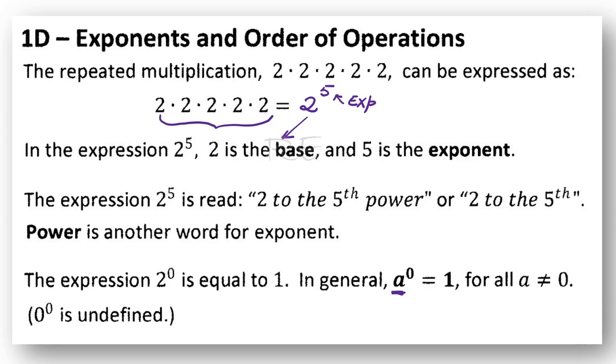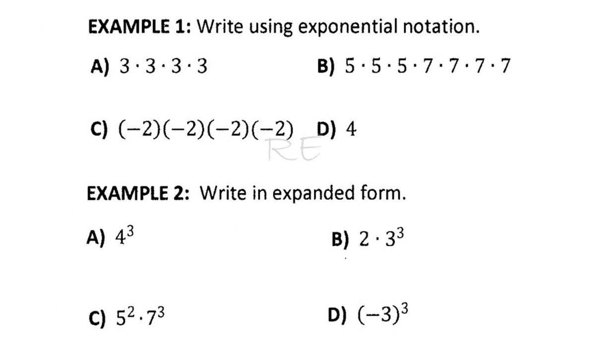Now, a to the 0 is equal to 1. Any number to the 0 is equal to 1. Exponential notation: 3 times 3 times 3 times 3, 4 times, can be written as 3 to the 4th. 5 times 5 times 5, 3 times, is 5 to the 3rd, multiplied by 7 times 7 times 7 times 7, 4 times,